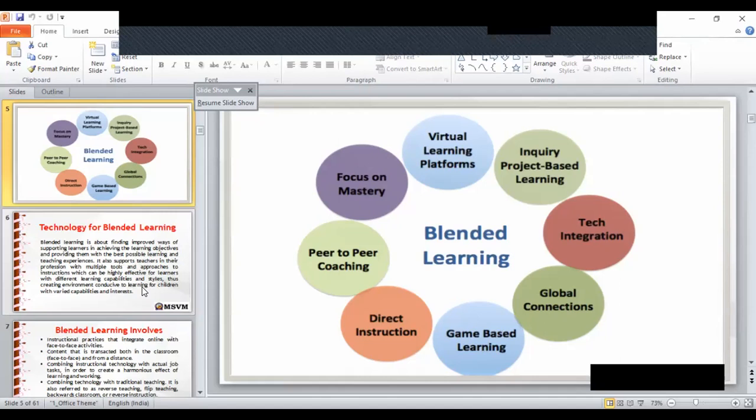So that's why we are keeping this session very smooth by staying at the proper place. Now we will discuss more about the technology for blended learning. But before that, I want to tell you more about the self-blend model.